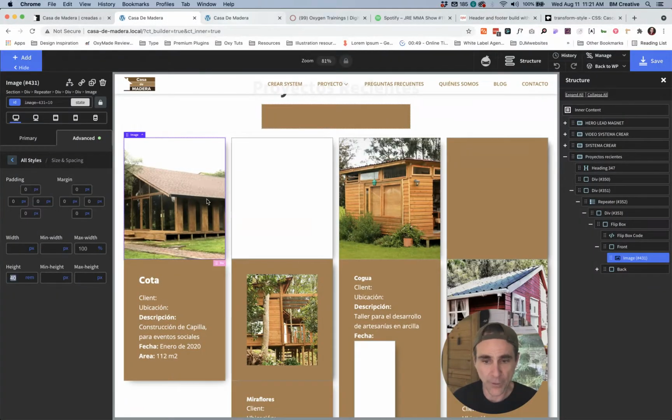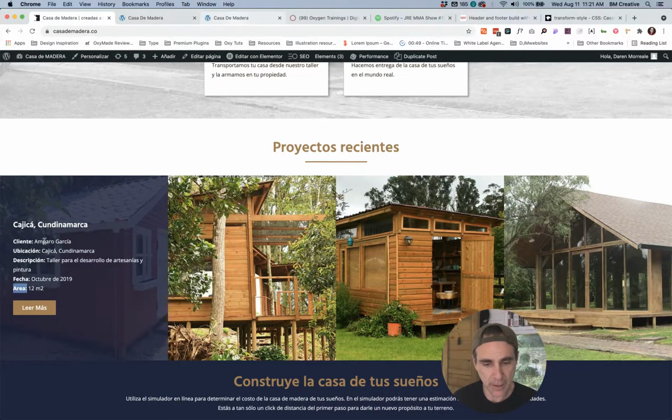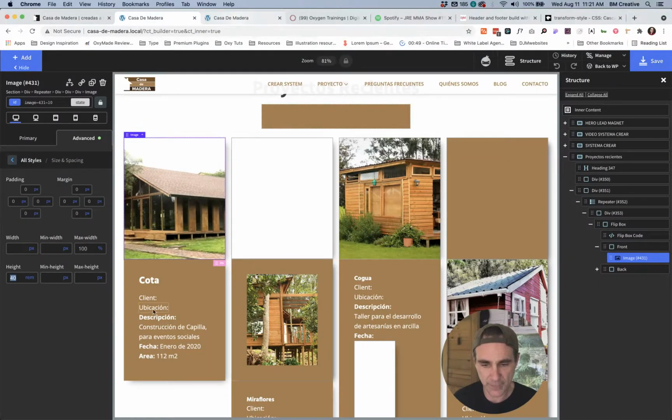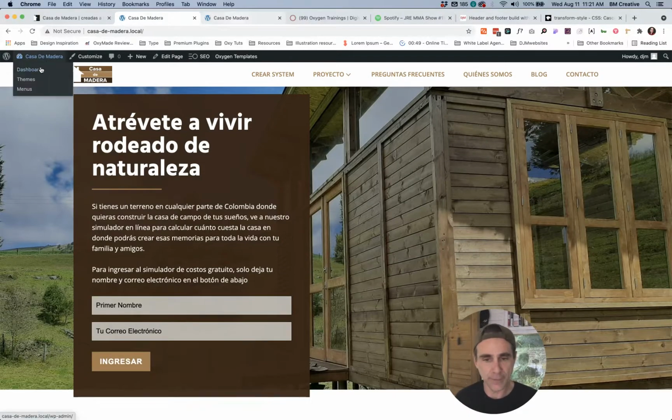Okay, so what we need to do is get the client name and the address, the location of this project in here. Because right now, all we have is the description, the date, and the area. So I'm going to get out of this and create those custom fields and get that in there. And so the way we're going to do that